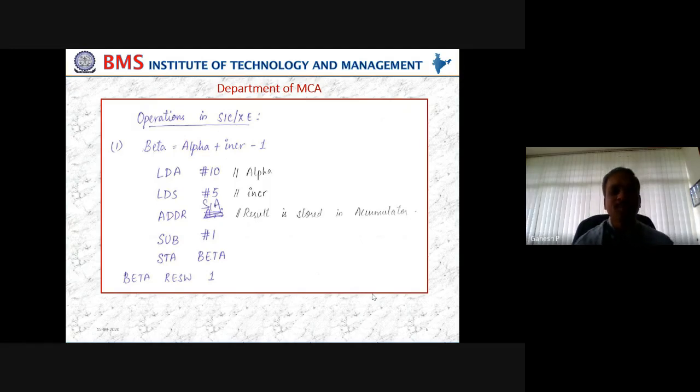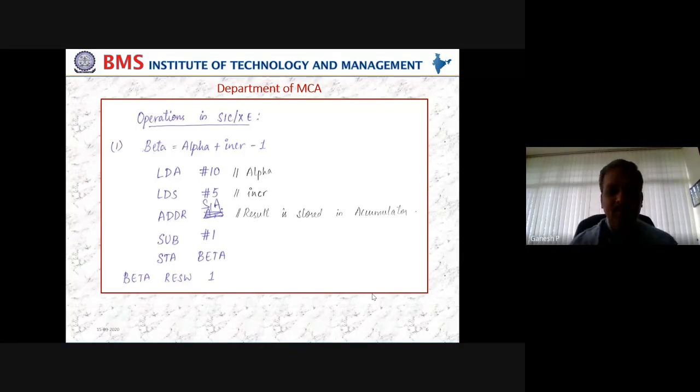So you are going to write two instructions for one instruction. To avoid that, what you can do is ADDR S comma A. What is the meaning now? A and S data is added, and the result is stored in the accumulator. That is the concept between S comma A. Internally, the data storage remains the same, no change. But if you use S comma A, we complete it in one instruction. If you write A comma S, you may have to write another additional instruction, which can rather be avoided here. That is the difference between S comma A and A comma S. Whatever is on the right hand side is going to be used as source and destination as far as the operands are concerned. That is the concept you have to keep in mind.